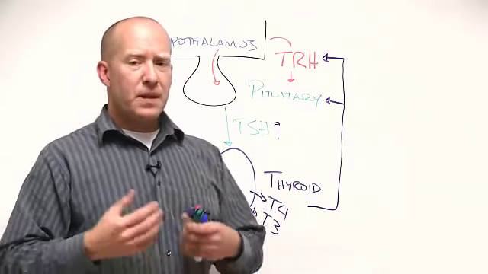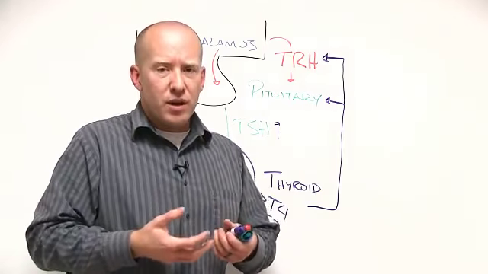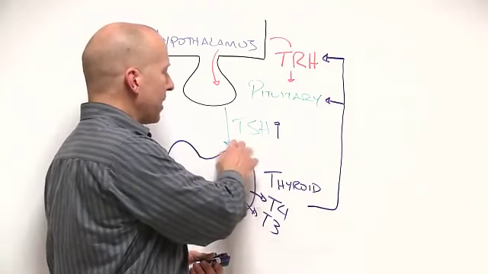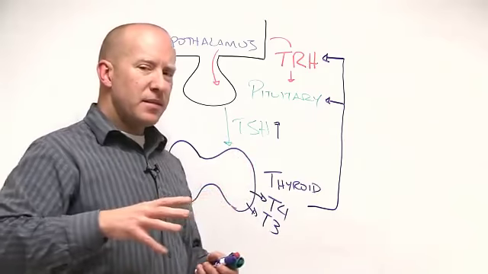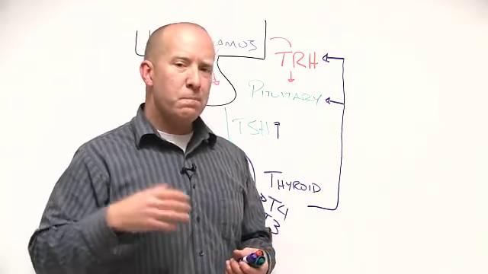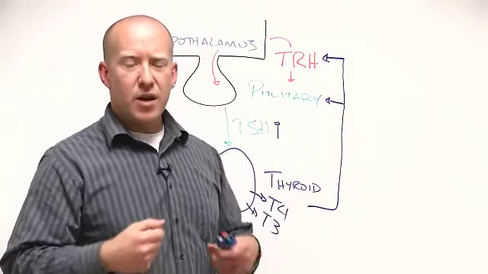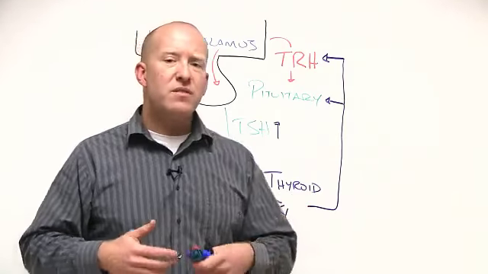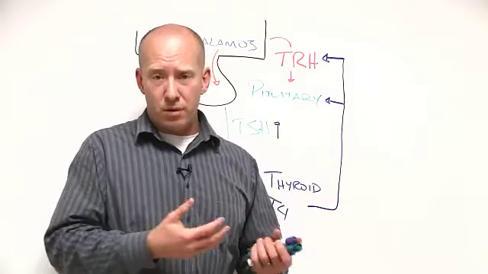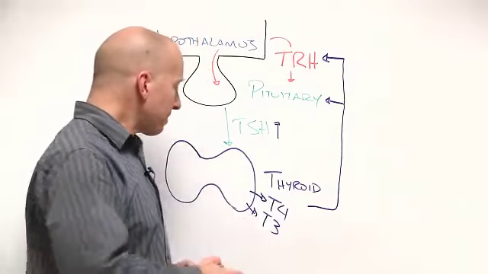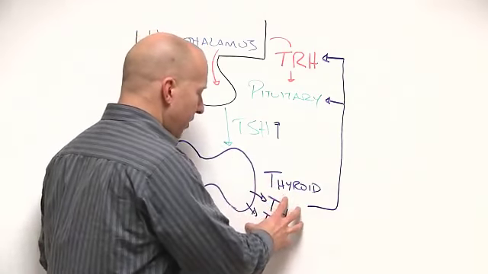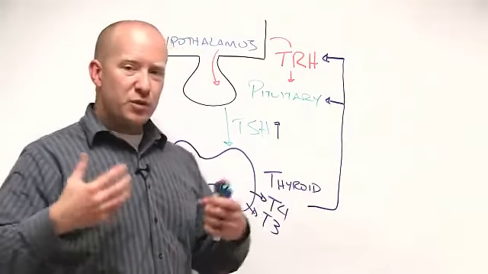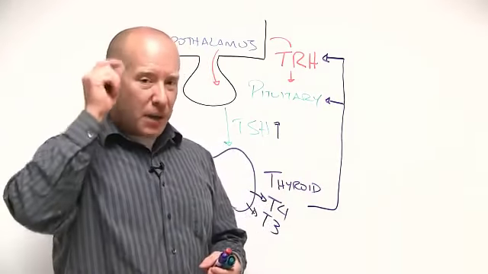For example, let's say somebody has low circulating levels of thyroid hormone. The pituitary would make a high amount of TSH. But let's say somebody had low thyroid hormone but was in a sauna where they were really increasing their temperature quite a bit. Thyroid hormone is involved with one's basal metabolic rate, or temperature, for example. If the circulating levels of thyroid hormone are low, but the body was exposed to extreme heats, the hypothalamus would